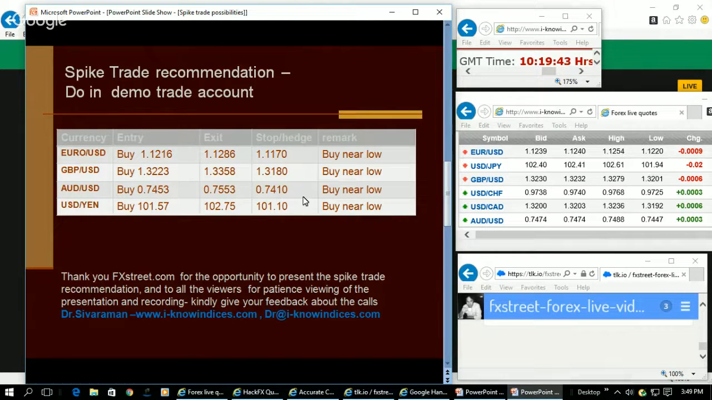of 1.3230 level. At that time we try to buy GBP, and they are expected to make an upward quick rise of 150 pips, probably around the 1.3350 area. Keep the hedge order to limit the risk, 1.3180. Then in the case of Australian dollar,